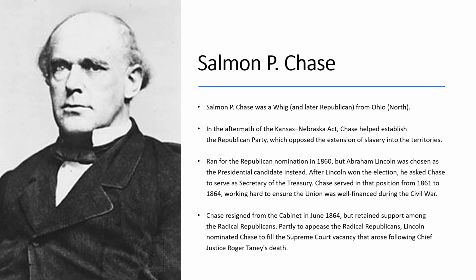At that point, the key individuals who come up during the 1850 Compromise are done, so we're moving on a bit chronologically. So Salmon P. Chase was initially a Whig, will become a Republican later down the line, from Ohio, which is a northern state. In the aftermath of the Kansas-Nebraska Act, he is an individual who does play a role in the origins of the Republican Party forming. He will run for president in 1860, but Abraham Lincoln will be chosen instead, and therefore